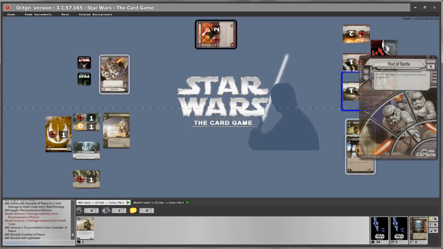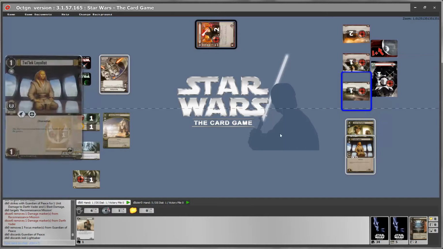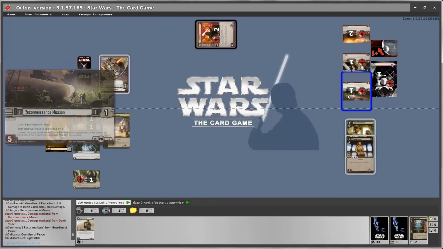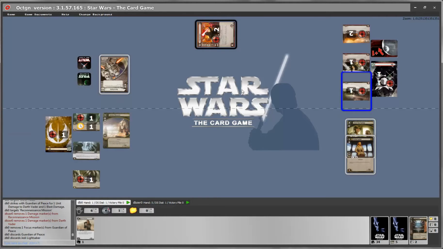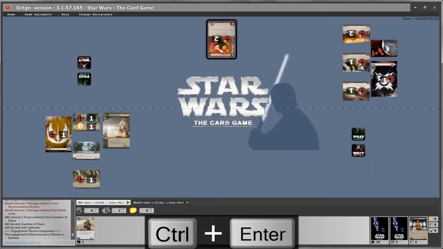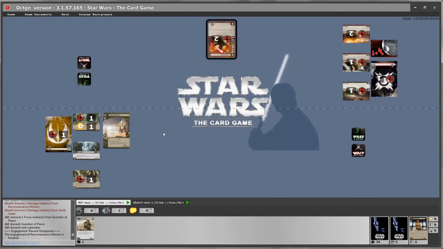And you will see all the edge cards that are still on the table are removed. The attack and defensive highlight on the objective will be removed, and all our cards that are still participating will then face up. And there we go. Simply always remember Control Enter moves you from one phase to the other and takes care to clear any effects still on the table. So now our engagement is finished. We have no more units to attack. We go into the Force phase.